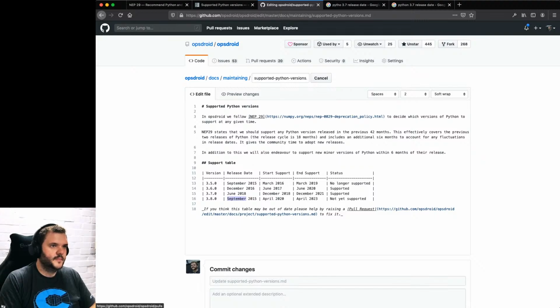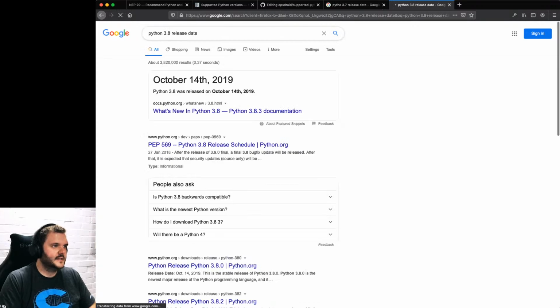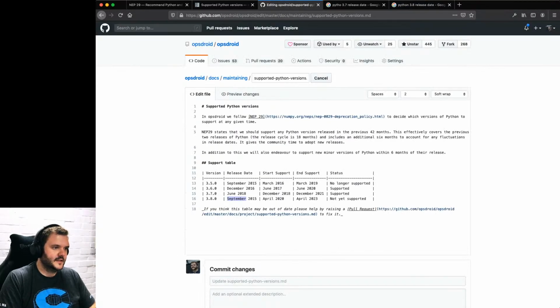And then Python 3.8, which we already searched before. 3.8 release date, October 2019. So that'll be October 2019. Yeah, so it's released October 2019. So November, December, January, February, March, April 2020, and support that.